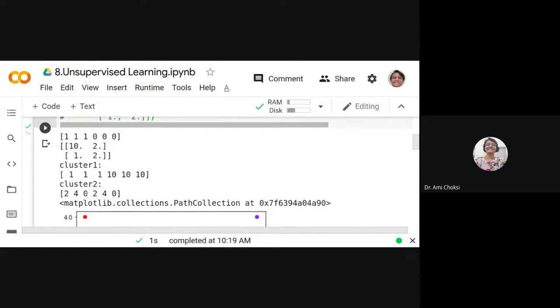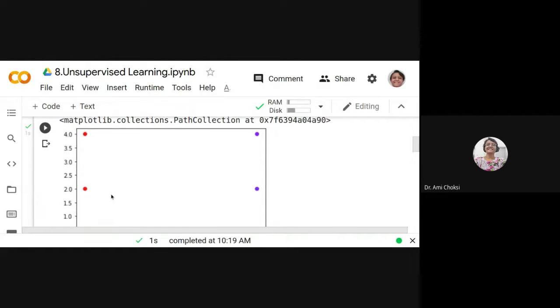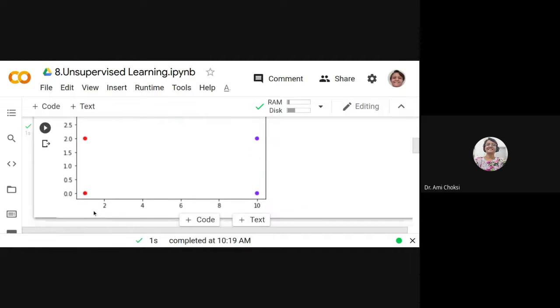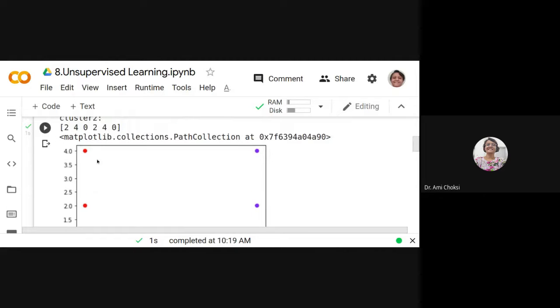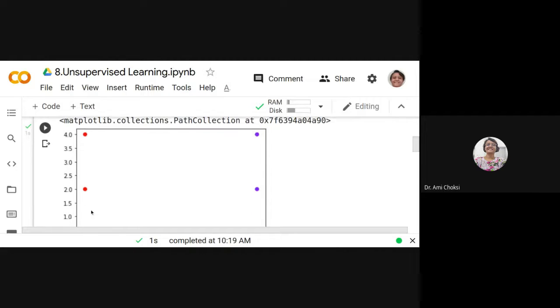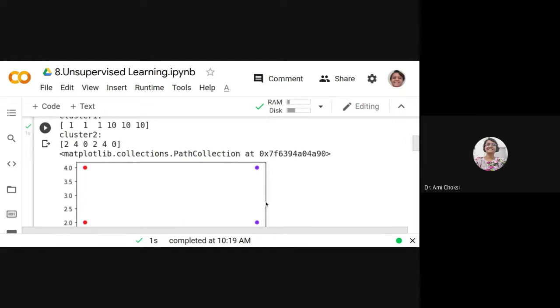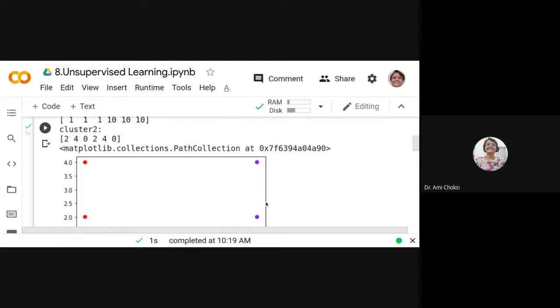After that, this is the scatter plot of our data, right? So we can say that here we are having the data. These red color circles are part of cluster 1, the other is part of cluster 2, right?